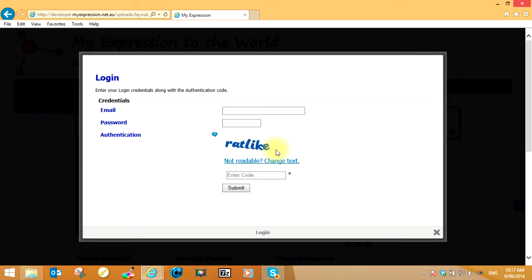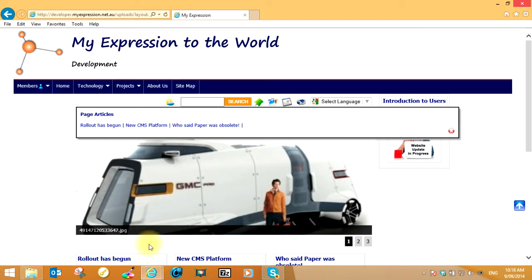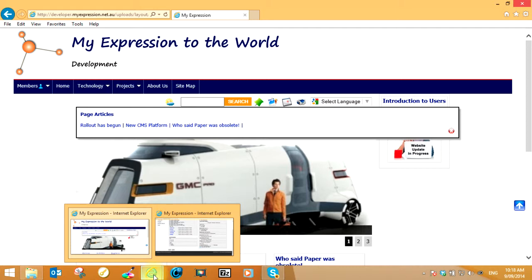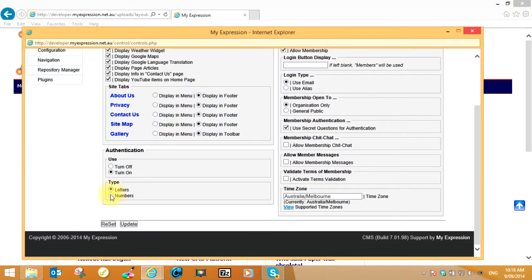here's the letters. And of course, if you want to change what's on the screen there because you can't read it, you can simply change it before you type it in. So that authenticates the directory going into that particular area. And if I change it to numbers, and I'll update that,